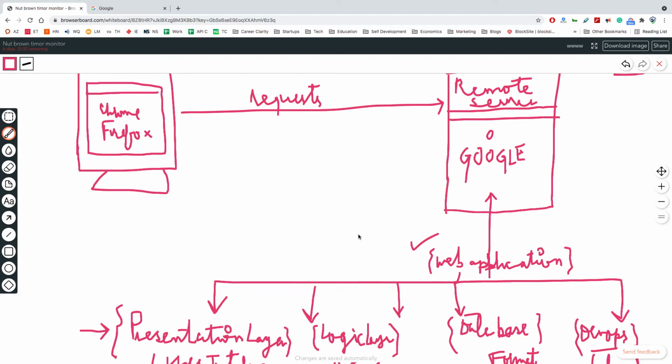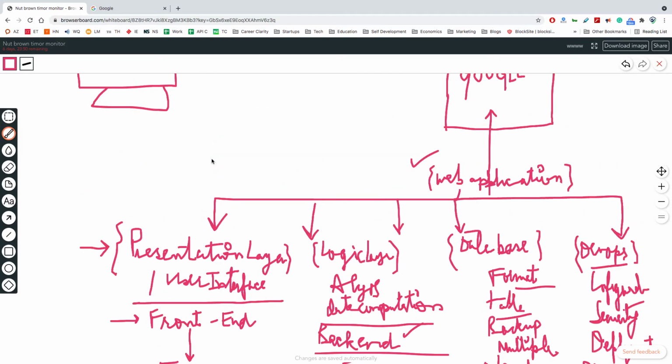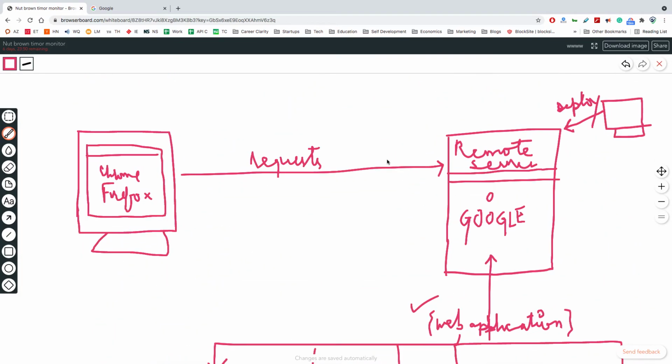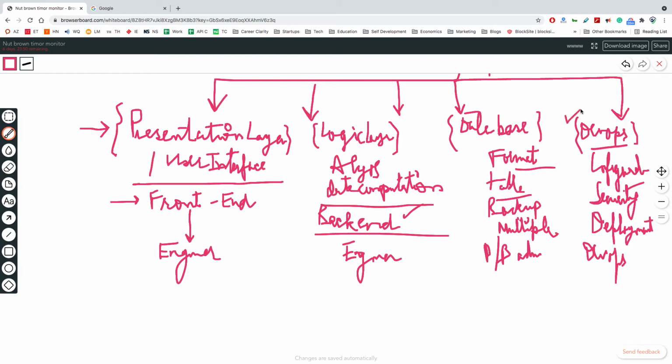So these are the four broader components of a web application, and then they translate to different roles. Front end translates to front end engineer or front end developer. Similarly, back end engineer or back end developer. Then there is the database admin, DB admin, and then there is the DevOps professional or DevOps engineer. These are the four roles that each layer translates to. The data which is responded is only the presentation layer, never the logic or the database structure or the DevOps. This is more on the configuration side and is never revealed.